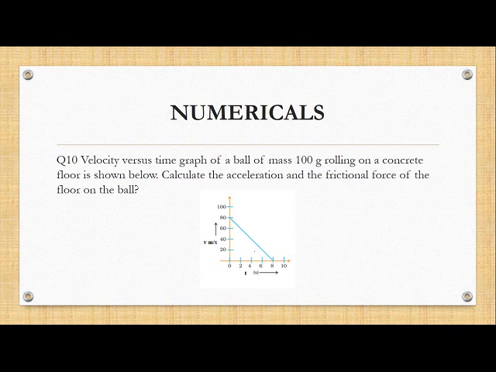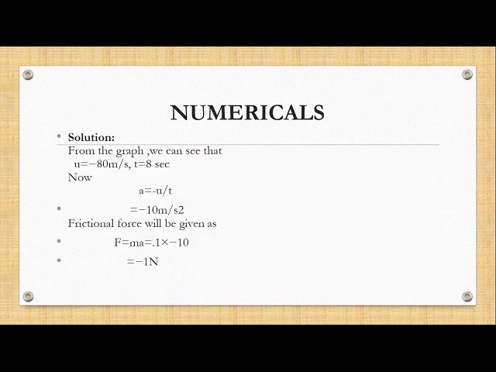The initial velocity is 80 meter per second. Okay, now brakes are applied, the ball comes to rest due to the frictional force. After 8 seconds the ball comes to rest. So here final velocity becomes 0. This picture shows deceleration or negative acceleration, because the initial velocity is 80, final velocity is 0. Time given is how much? 8. So children, first we will find the acceleration, and also we can find the formula.